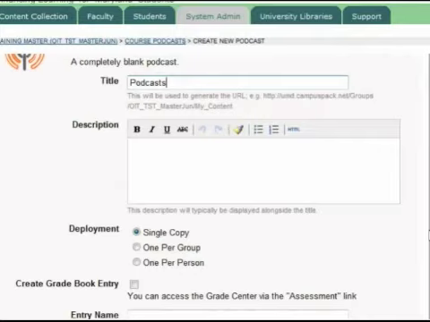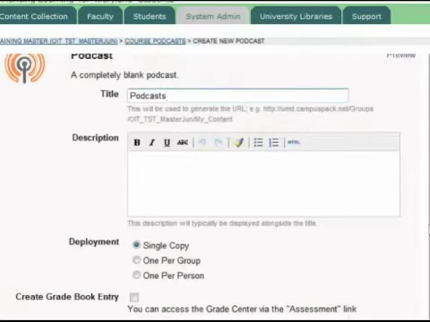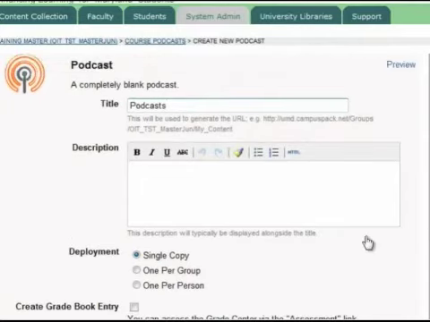And then determine how you are going to deploy this podcast. Choose a single copy if you want the whole class to share one podcast site and everybody is able to see each other's posts. This is under deployment. There are several options. Single copy is for the whole class to share each other's podcasts. Now choose the one for per group or one per person